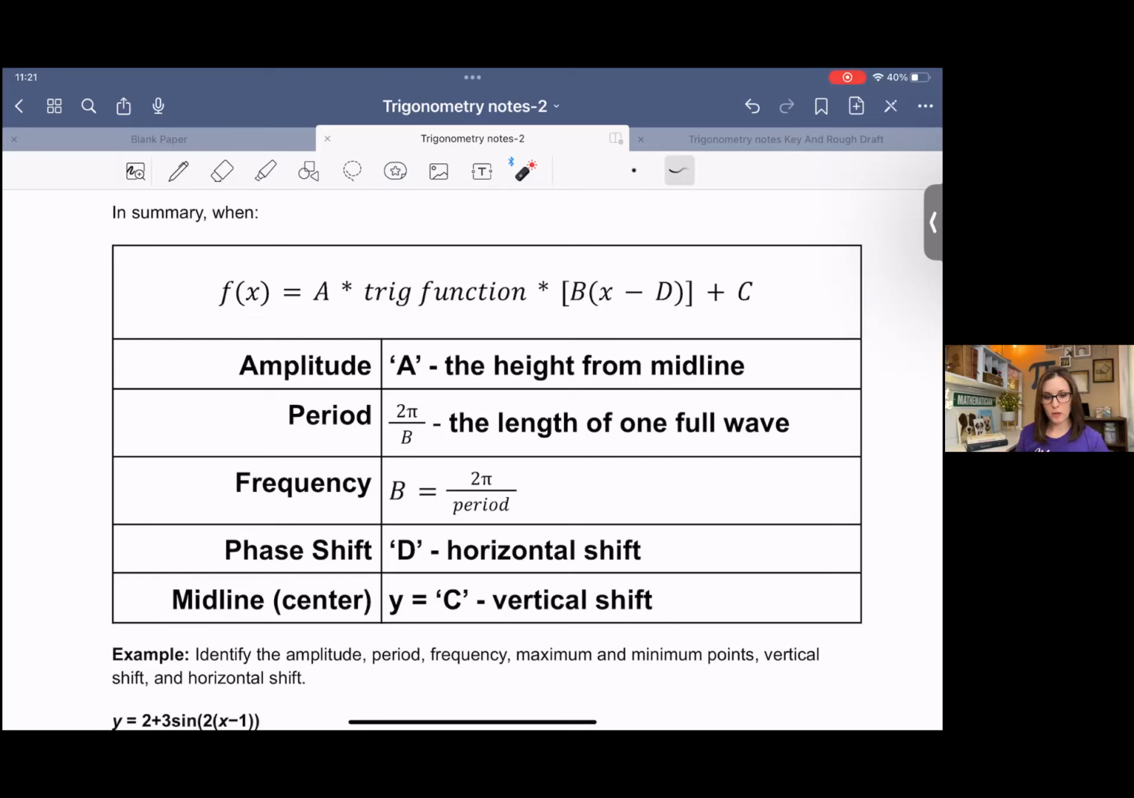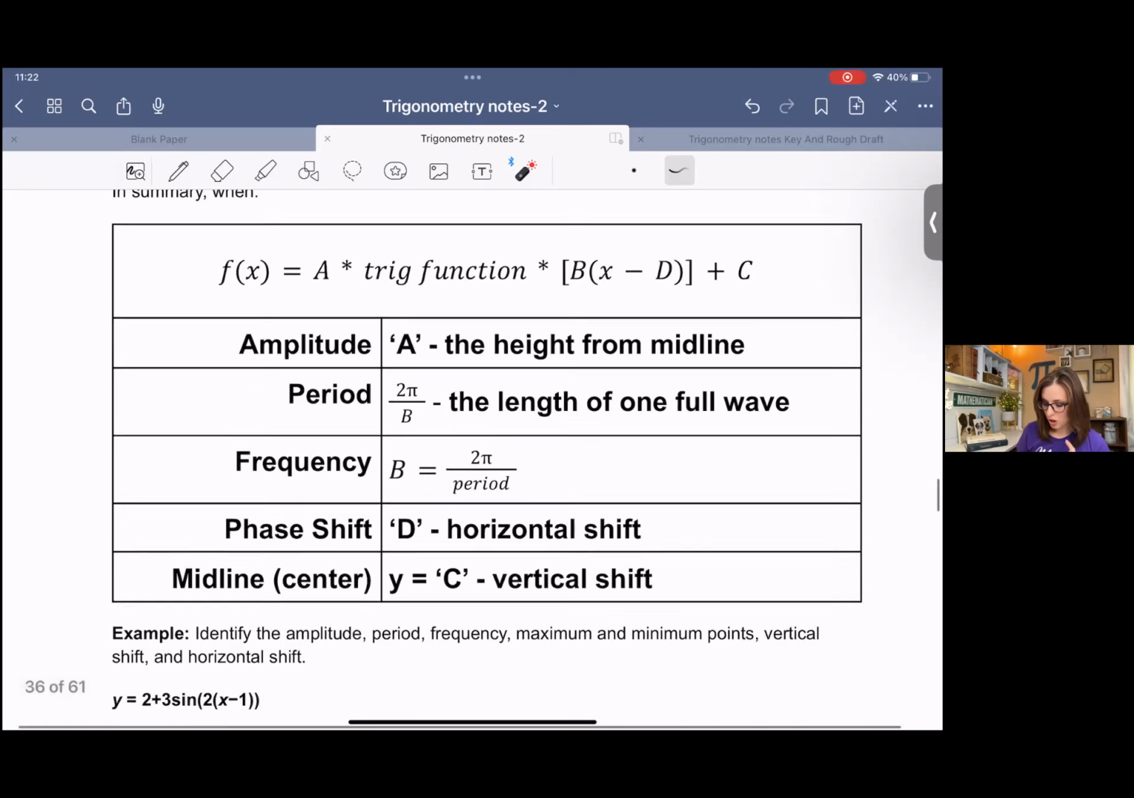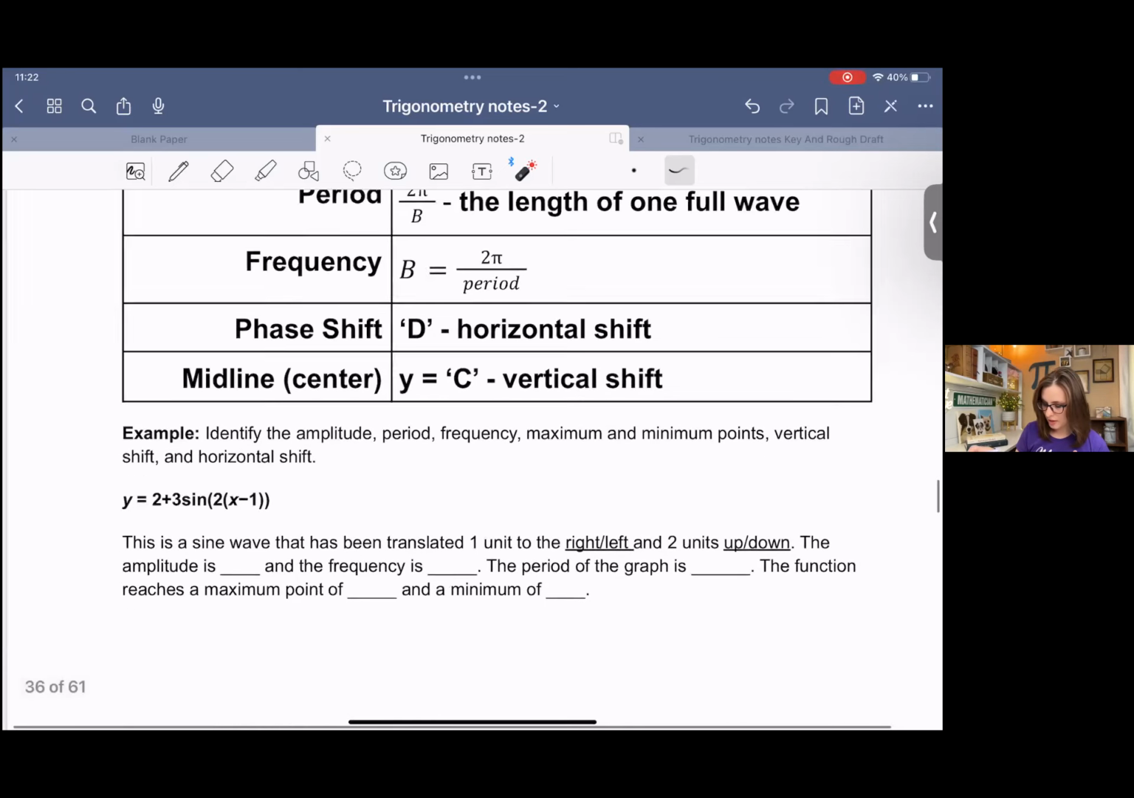And then the phase shift shifts horizontally d units. And then the midline, or the center, is the c value, which is also the vertical shift we learned with transformations. When you go up or down, that's outside, and when you go horizontally, that's inside. So horizontal movement, vertical movement, and this is also the midline. So all the pieces dissected. This is a nice little summary. If you feel like that's going to help you, then you can go ahead and make note of that. So with that, we have this last example here,